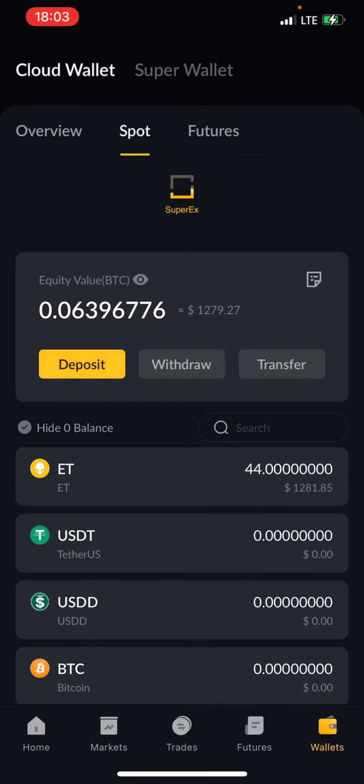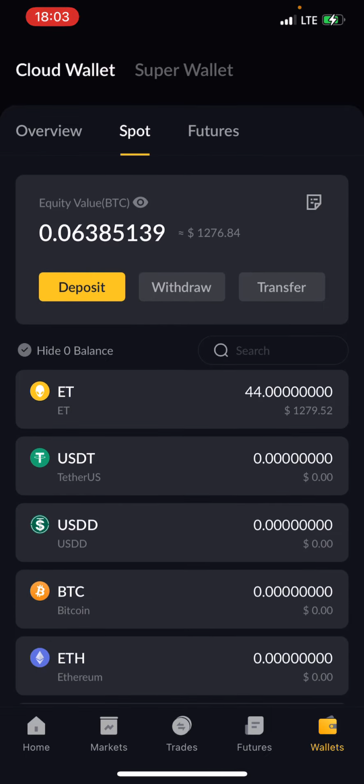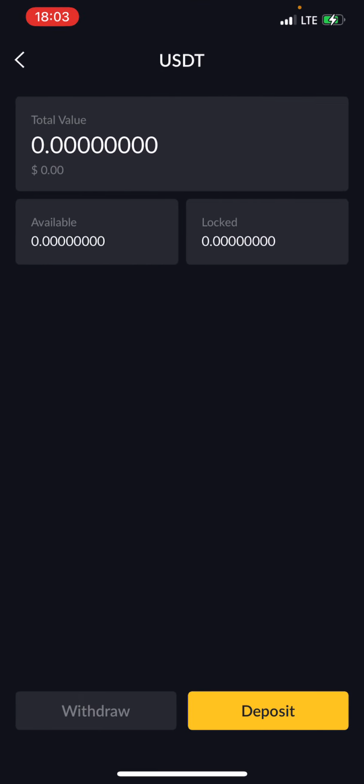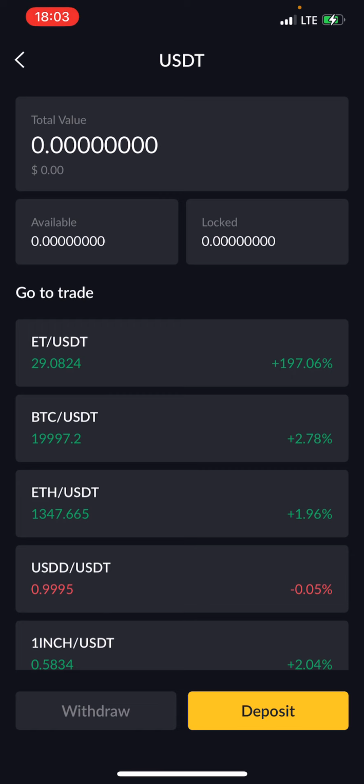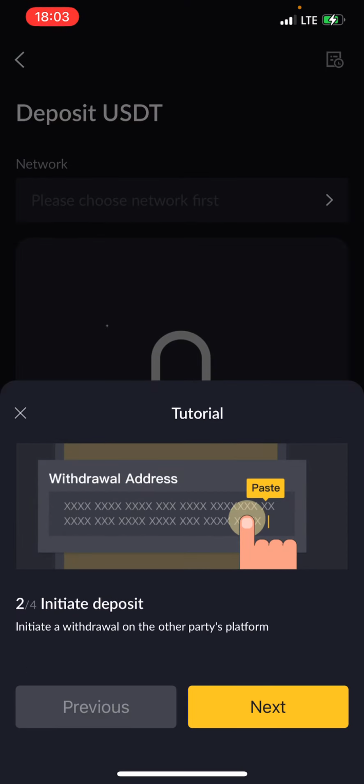You can see I have at least 1,276 on it. It's my first time depositing on the account, so I click on my USDT. I click on deposit. You can see they are teaching me how to do it. So next,